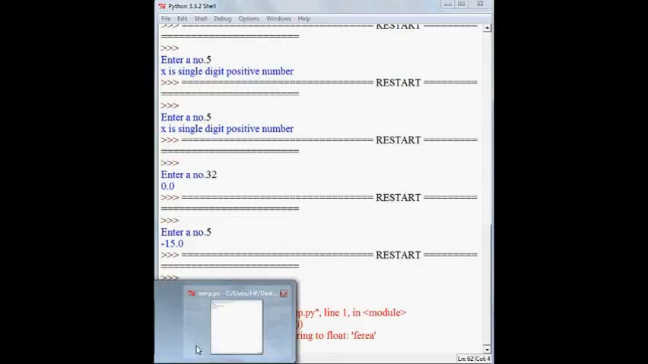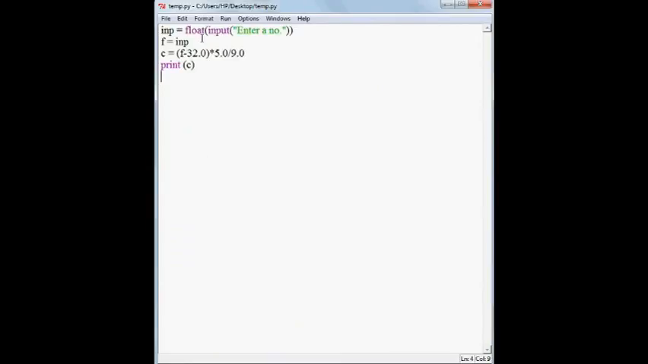So how can you use it? Let's go back to the program, and after I have taken the input, I type try, then colon, and let me indent it. It works just like if else: try, except, and then